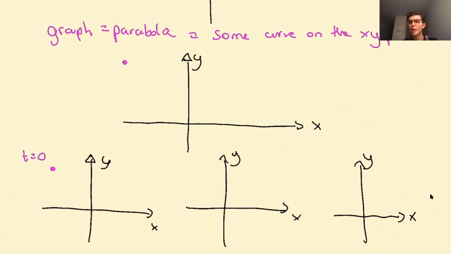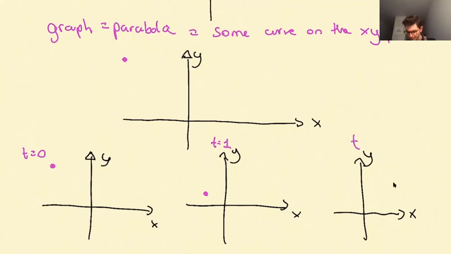So maybe you have a watch, and at time 0, the particle was here. Maybe at time 1, the particle is moving. Now the particle is somewhere else. It has moved a little bit, and you're taking a picture at each moment of time, right? So the picture that you took here is at time 0. Here's your picture at time 1. Maybe time 2 is here,